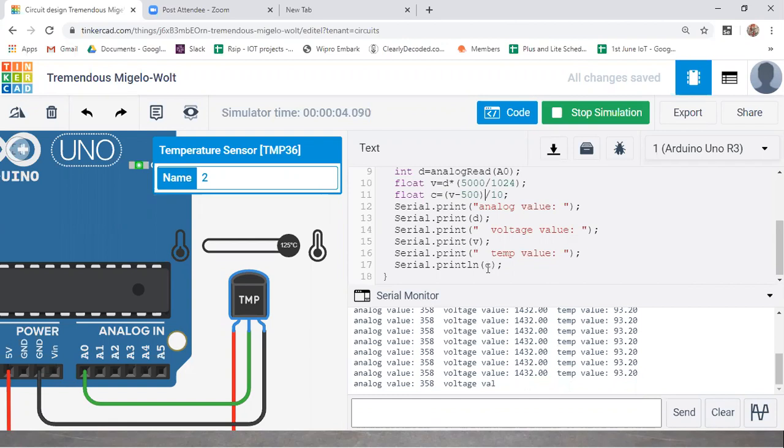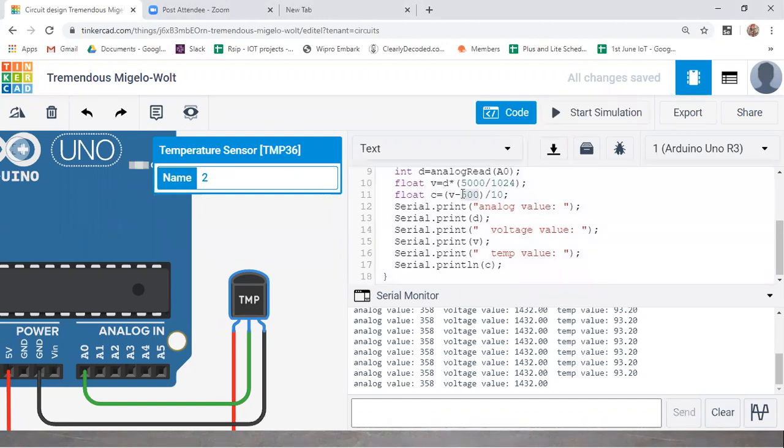Okay. So if you are going to use the DST sensor, there is no need to use any of these formulas. You can just get the output directly from the sensor. Here I have given 500, right? So in place of this 500, you can just alter the formula. So you need to verify it, you need to cross check with the other value. So if I give 600, let me check that.